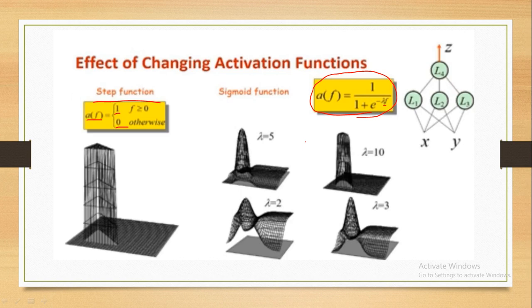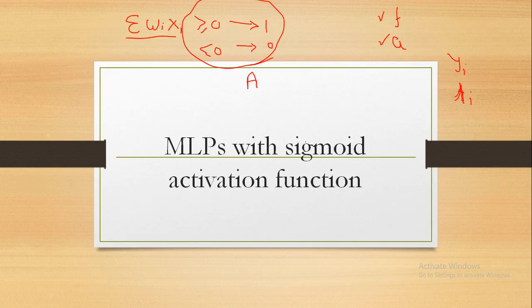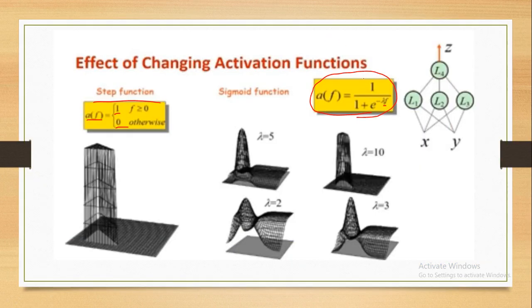Right now, let me consider once again w, like sigma of wi xi. We are just using the same integration function we will use. हम लोग integration function same use करने वाले f. But now as an activation function, I will just move from step to sigmoid. Okay, and what about this e? It's a constant. What about this lambda? So let me just change the value of lambda.